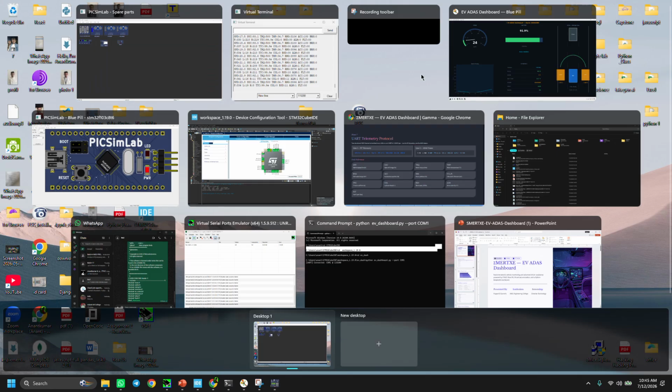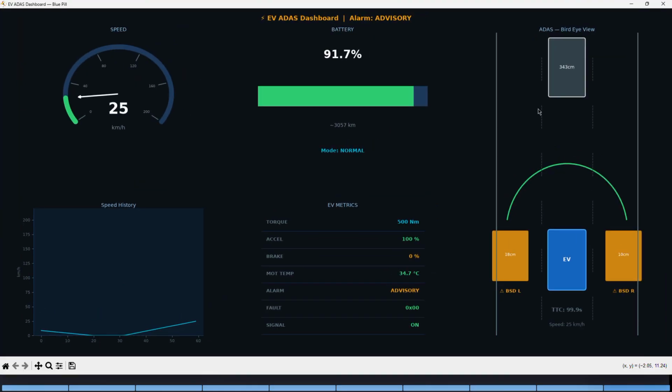Now you can see on the Python dashboard, on the bird eye view, both blind spots are detected on left and right, and the alarm is advisory,